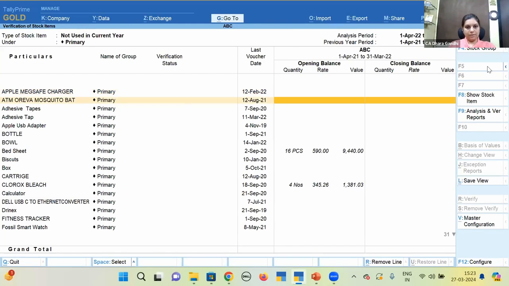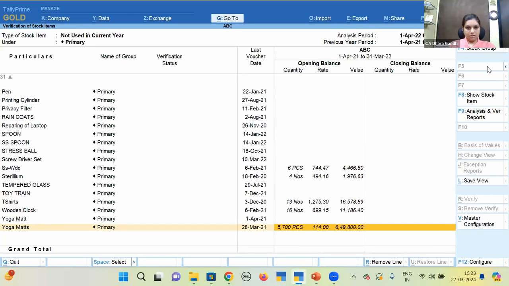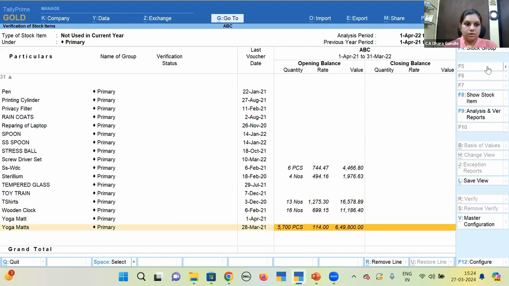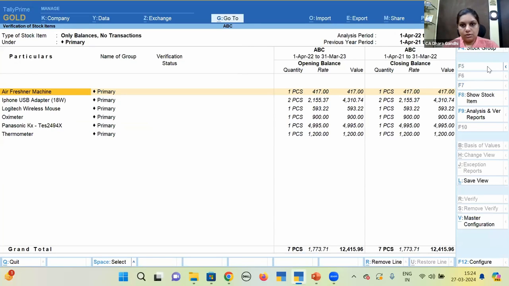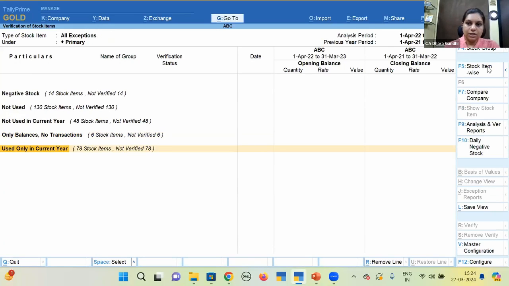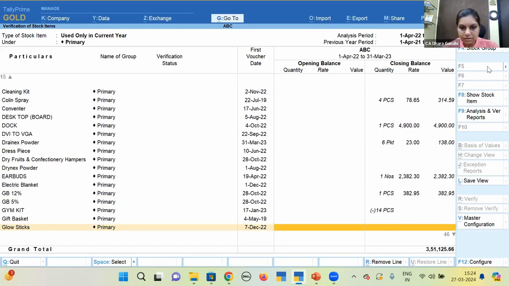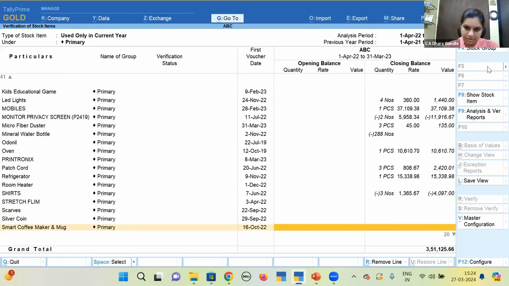Current year में use नहीं हुआ है, but हमारे पास opening balances इसके दिख रहे हैं। सो अगर आपके क्लाइंट का स्टॉक है जिसका शेल्फ लाइफ होता है, सो डेफिनेटली दिस इज द पॉइंट यू कैन पुट कि अगर शेल्फ लाइफ है ही नहीं तो ओपनिंग का अभी भी क्लोजिंग में कैसे है। ओनली बैलेंसेस नो ट्रांजेक्शन, इसमें ओनली बैलेंसेस थे, जो ओपनिंग था वही क्लोजिंग है, इसमें कुछ ट्रांजेक्शन नहीं हुए हैं। सो दीज आर द स्टॉक ओनली यूज्ड इन करंट ईयर। ये स्टॉक ओनली करंट ईयर में यूज हुआ है, लास्ट ईयर इसका कोई भी ट्रांजैक्शन नहीं।